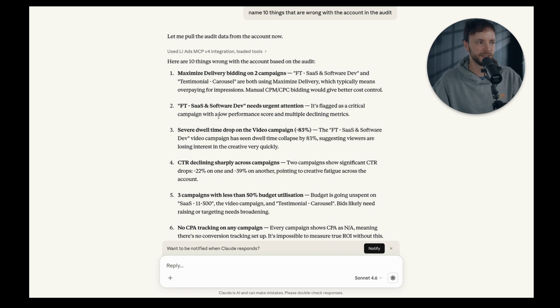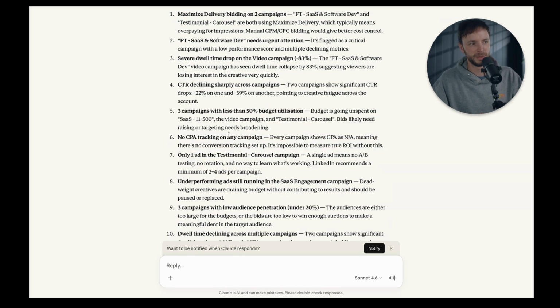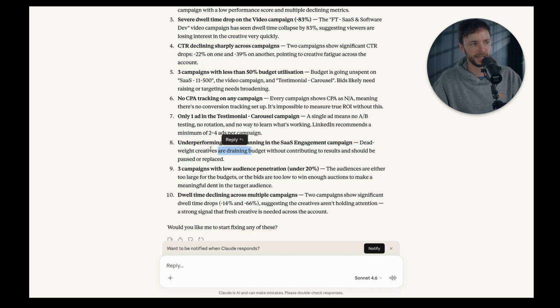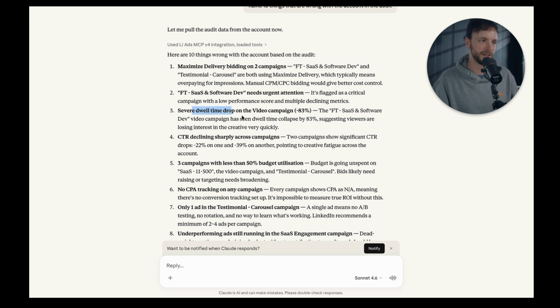So I put maximize delivery on 2 of these. Low performance here. Video dwell time has dropped. Click-through rate declining. 50% budget utilization, underperforming ads, 3 campaigns, audience penetration too low. All of these come in here and we have routes out for each of these. For example, we can automatically turn off maximize delivery and turn it into automated bidding, or manual bidding. For the dwell time of the video campaigns, we can look deeply into that and work out why that is the case. And if not, create new ad copy at the top,